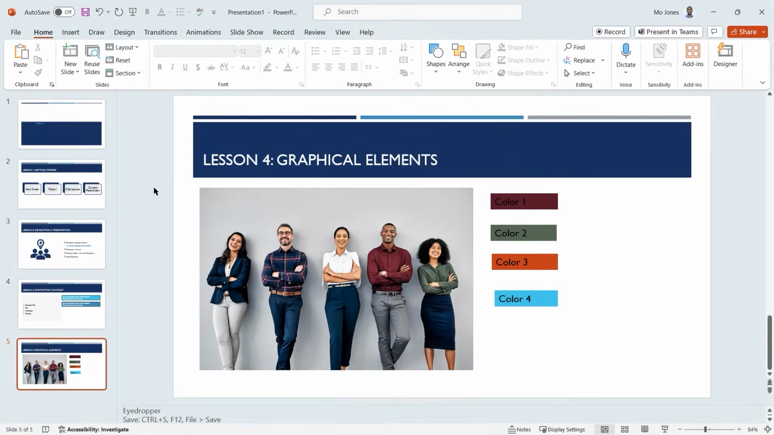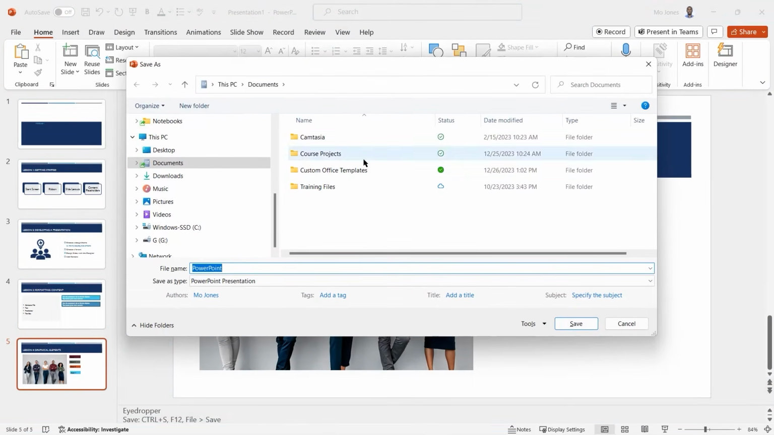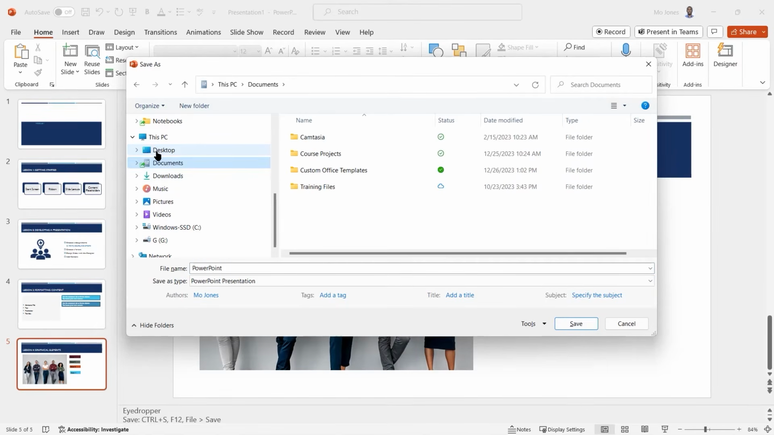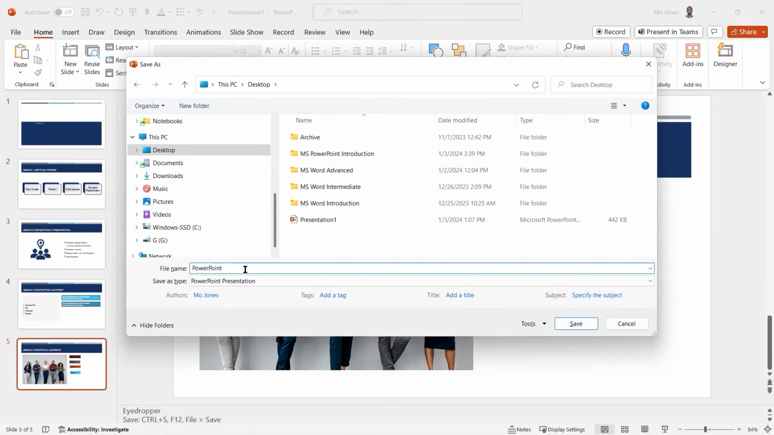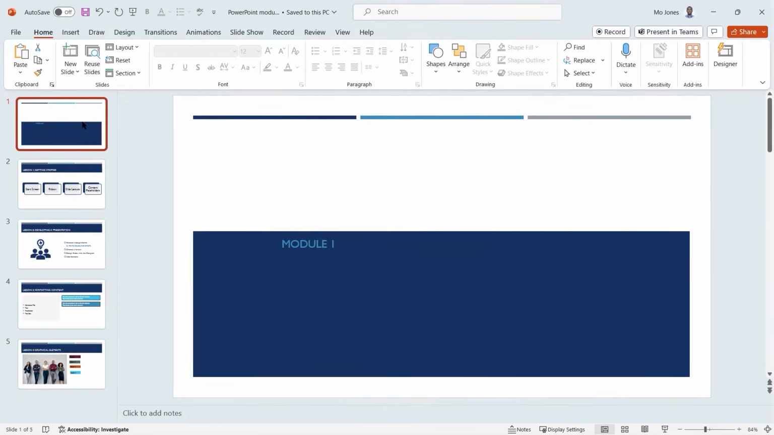If I press the F12 key on my keyboard, it pulls up the folder structure on my computer. Now I can save it to my desktop or my documents. I'll save it to my desktop. I'll just call this PowerPoint Module 1. And I'll press Save. And there you go. I'm good to go and I am saved. So let's go back. I'll click on the first slide here and let's go ahead and run this in presentation